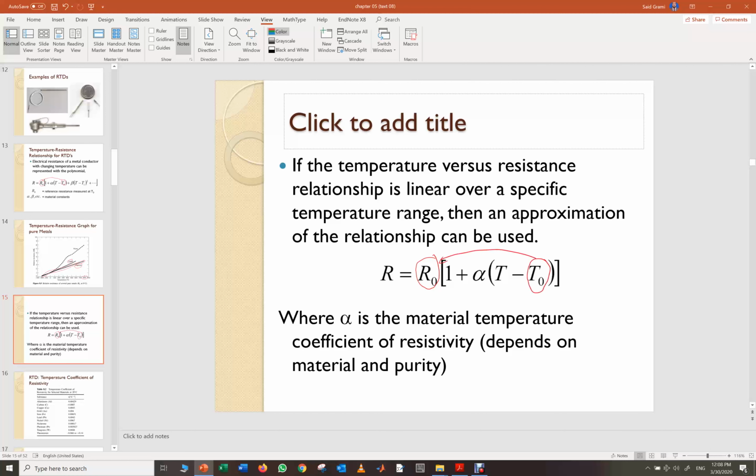So if we measure the variation of the resistance here, we know alpha, we know T0, the reference temperature, so we can find the temperature that we are looking for,